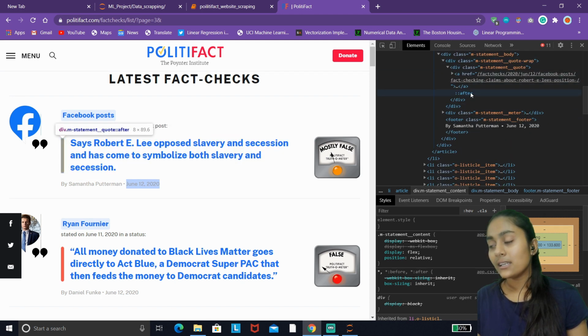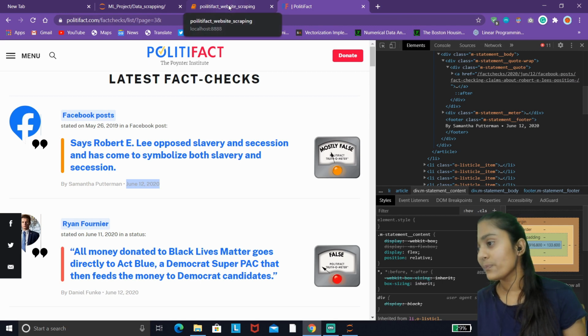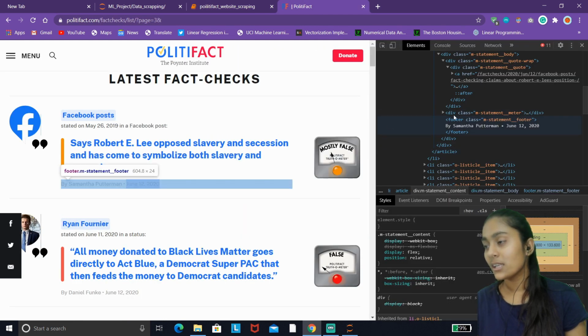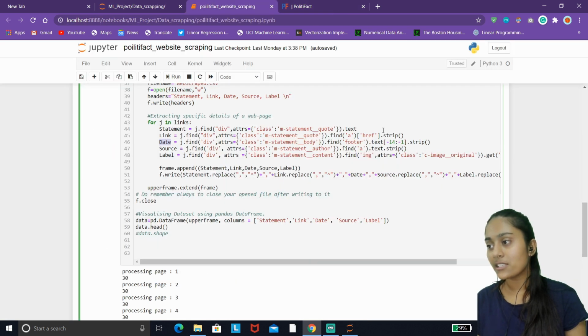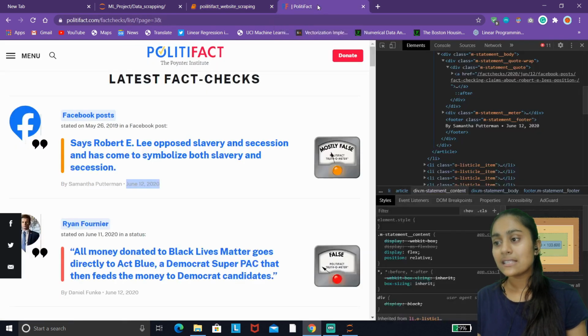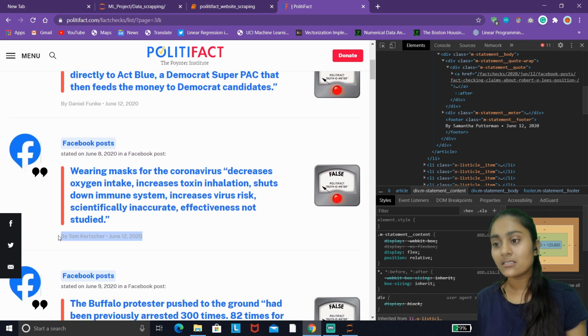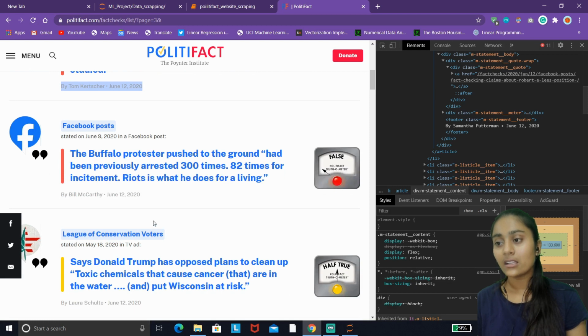Under this division tag we have to find this footer, and there's no need to specify any class attribute for it. Just find this footer tag, and extract the text of this. We are specifying indexing from the backside, because as we can see this statement is changing for all of the news articles, and its length is dynamic and changing continuously.